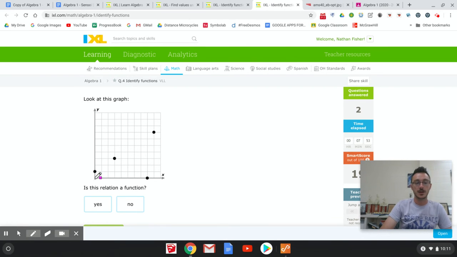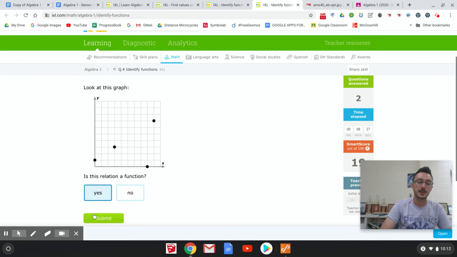I don't have any other x values of 0, so that's unique. A 3 goes with a 3. A 4, 5, 6, 7, 8 goes with a 0. 9 goes with whatever's up here. Those are all unique. There's nothing that's in a line from each other. That's another way to tell that we'll talk about. So this is an example of a function. There's nothing where I would have an x value of 0 and get a 4 and then a 0 and a 1. So that means we're actually good here. Okay,